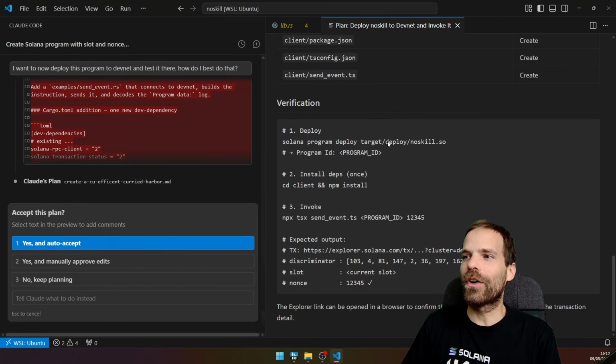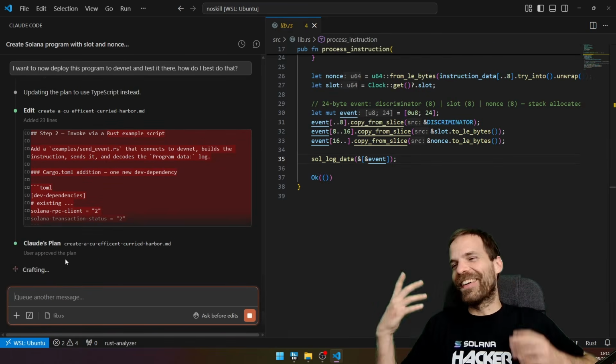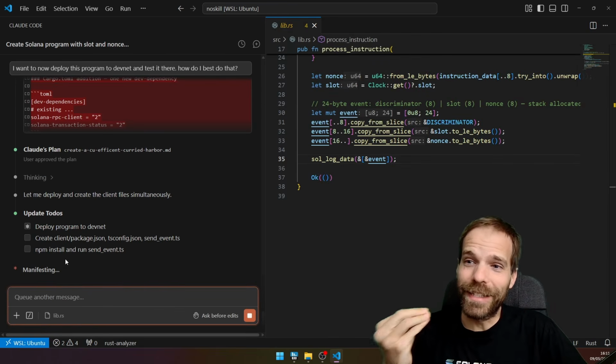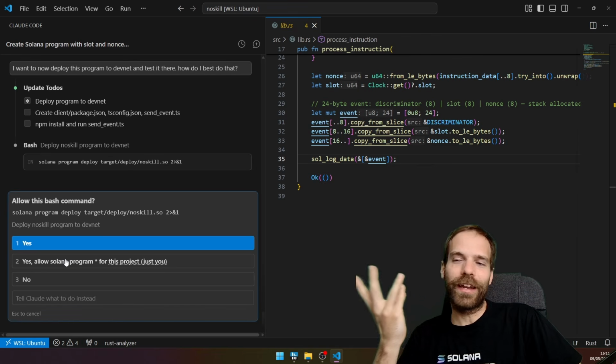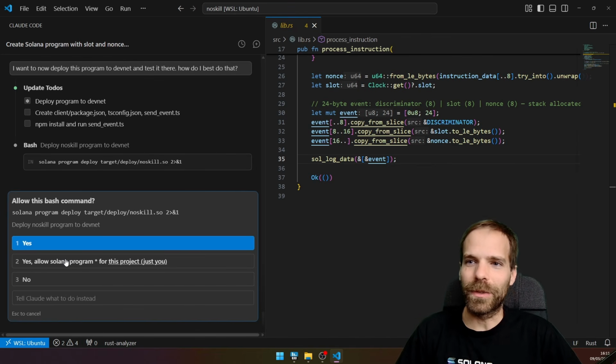Right. So it did what I asked it to do. It's using TypeScript. So yeah, I accept that plan. Let's go for it. It's using the Web3.js though, the old one that I would not recommend that you use anymore. So